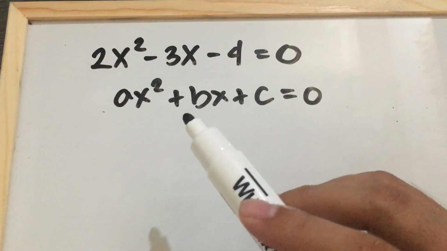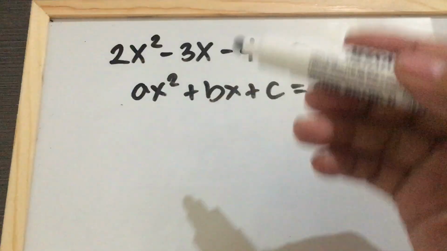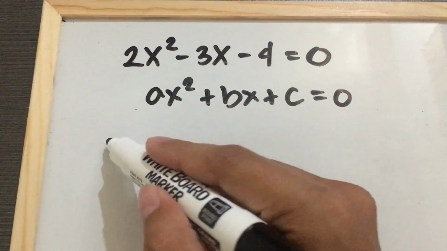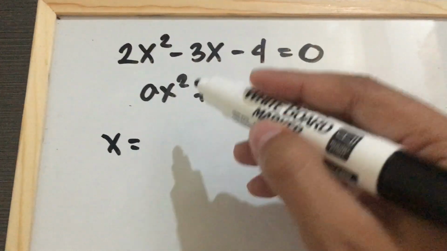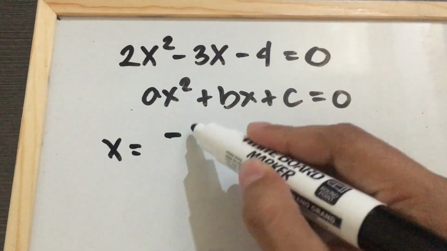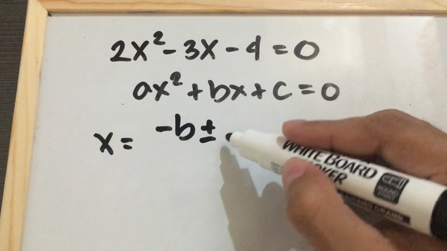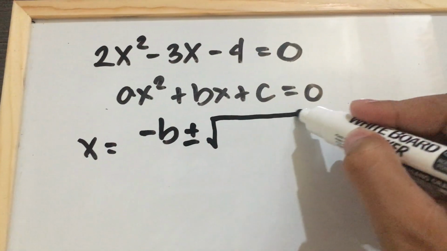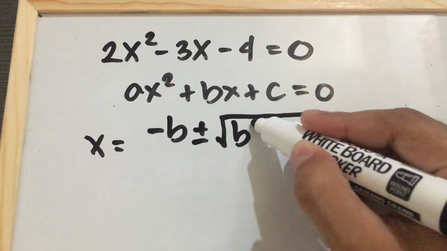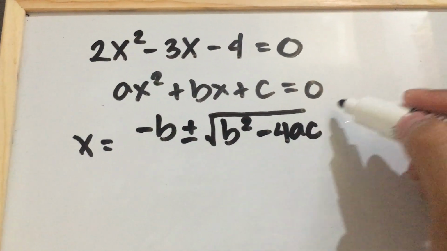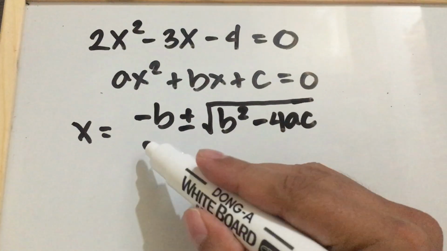So, what will be the quadratic formula? Based on the quadratic formula, you have x equals negative b plus and minus the square root of b squared minus 4ac,